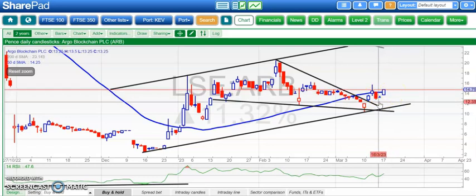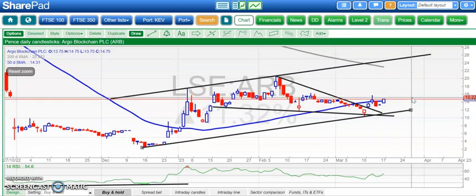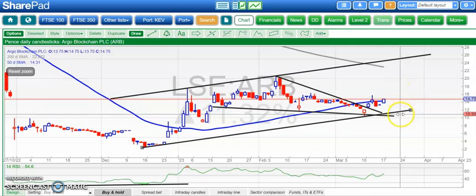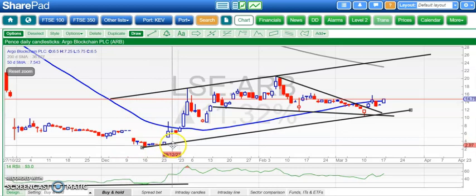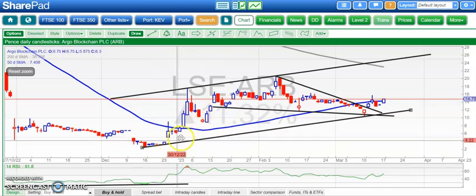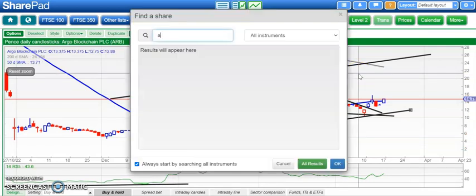And the view now is that at least while we're above the top of that gap at 12.5 pence, we're looking for a move to retest the 20 pence area, February resistance, by the end of next month. Sounds rather ambitious, but that is what the chart looks like with that abandoned baby bear trap rebound. We actually also had an island reversal back in December, and that did work for the shares in a pretty decent way. The shares went from 2p to 20p,